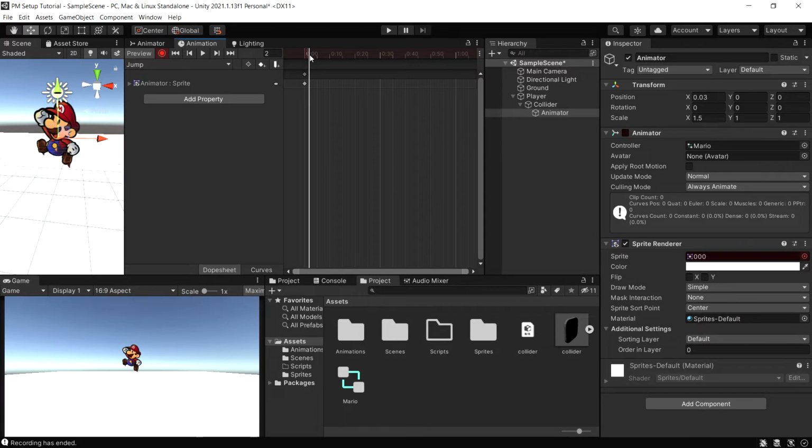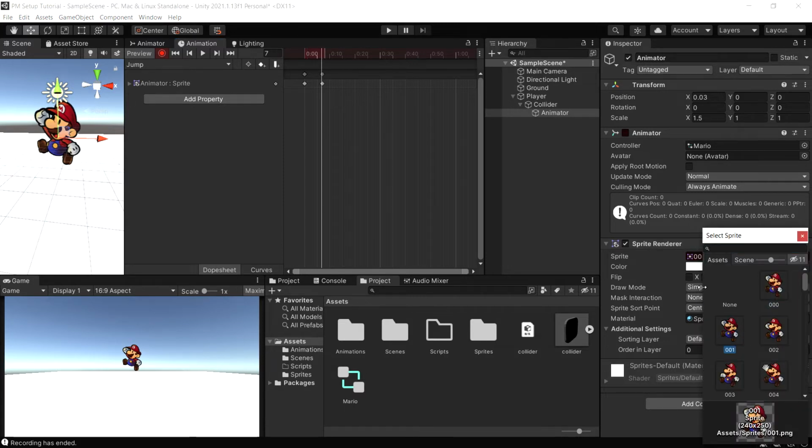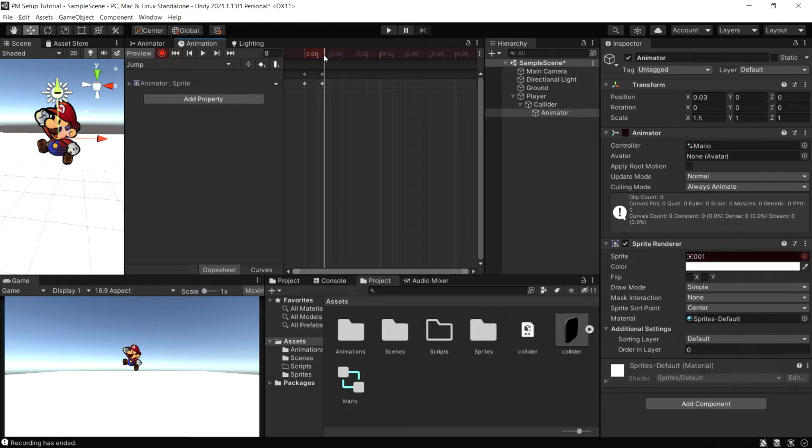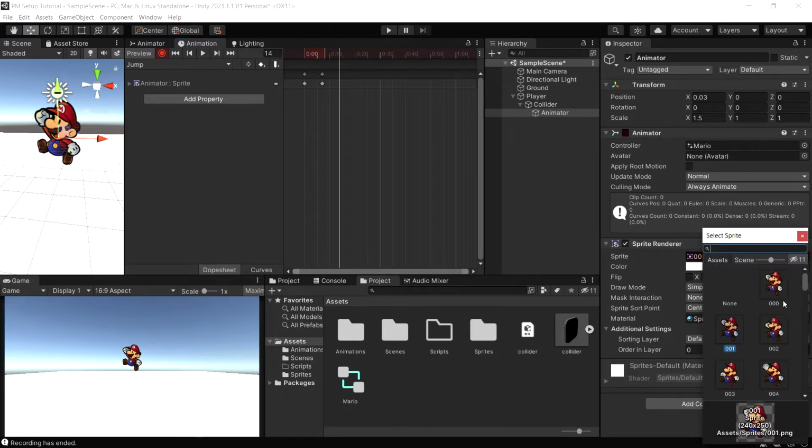And then we can go to, I believe it's about 7 frames, and change it to the second frame, and then we can change it to about 7 frames later to the last frame,